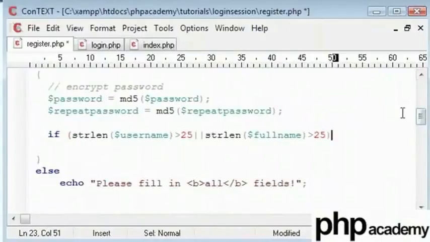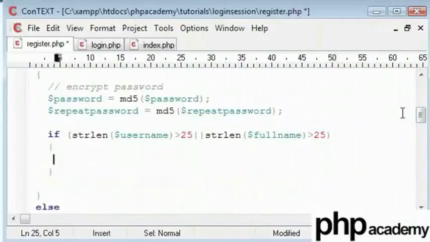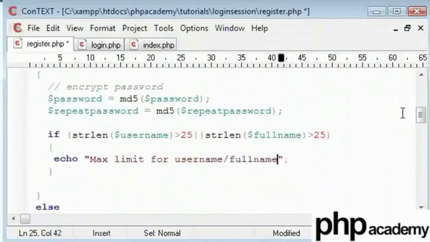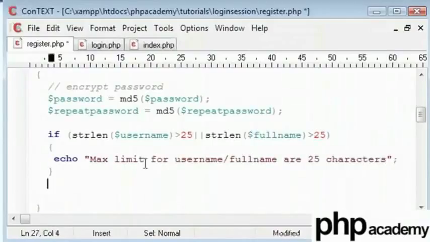Let me put this correctly. If each of these values is greater than 25, we are going to echo out these values saying, let me say, max limit for username or full name are 25 characters. Otherwise, I will proceed to check my password length.